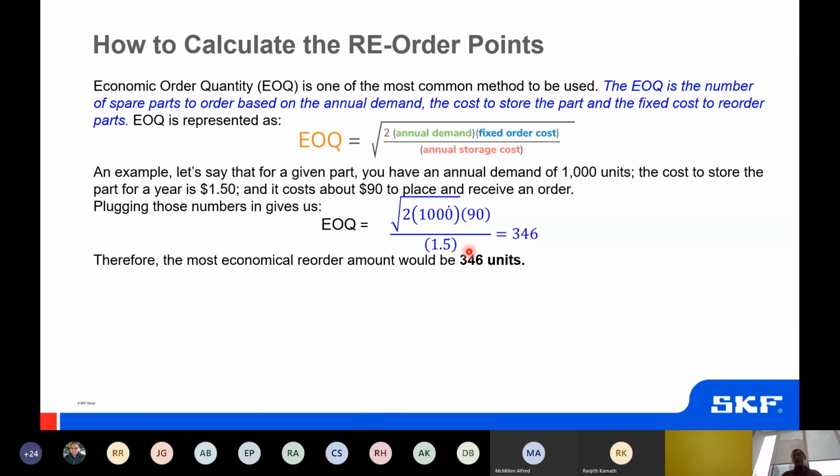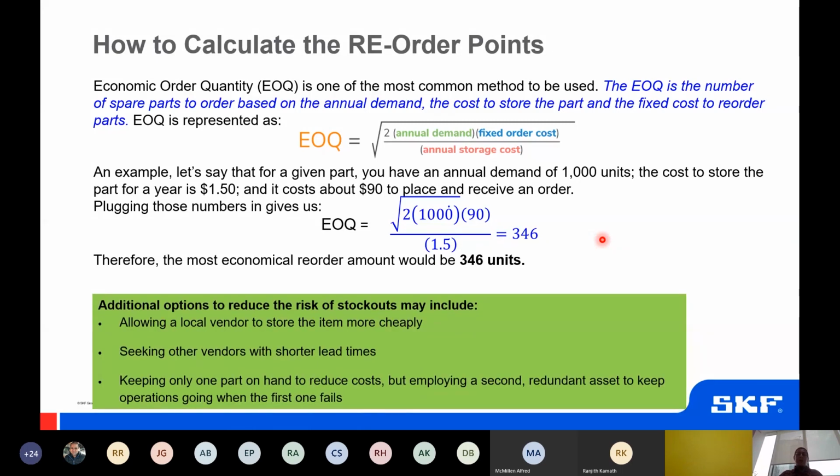Of course, this number is not something that you want for, let's say, a turbine part, or a compressor part, or a ball mill part. But this is common for consumable parts, like maybe a small bearing, or a nut, something like that. Okay, so another thing that you might want to consider as well to reduce the risk of stock out,